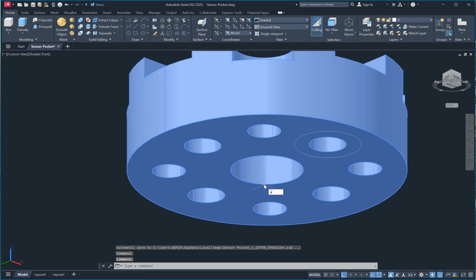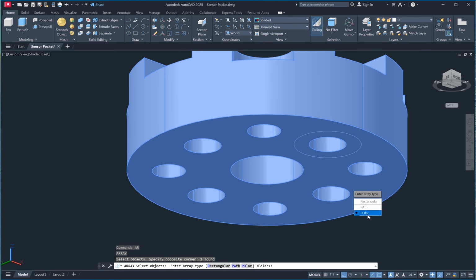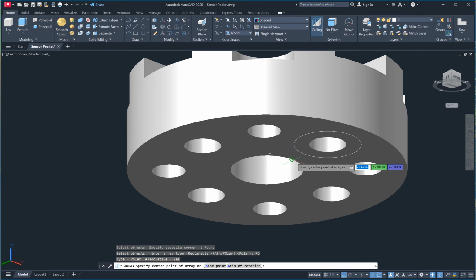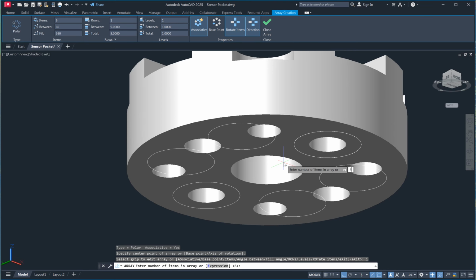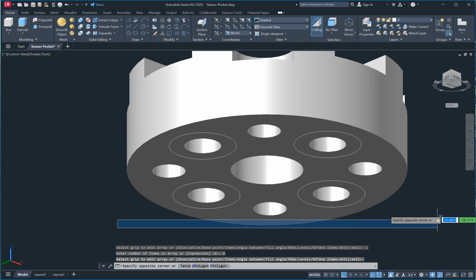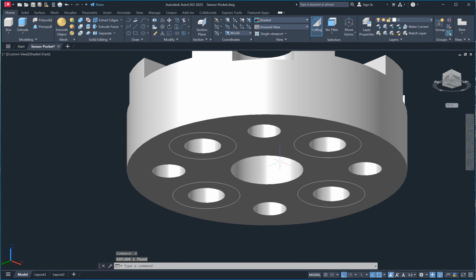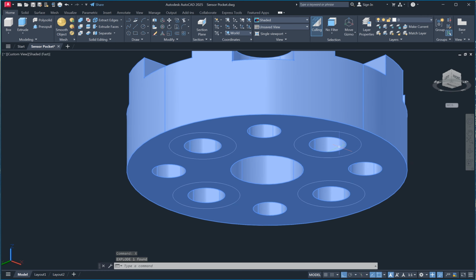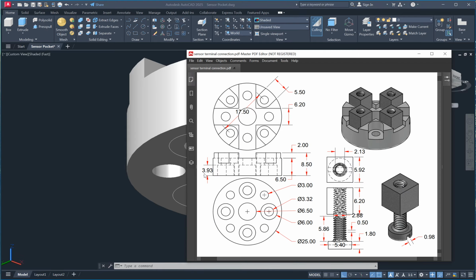and then we need to array, AR enter, select object, enter, we click polar, specify center point of array here, I enter, mean item, 4, enter to exit, and then select the object, explode, and then we need to extrude this up 3.93.